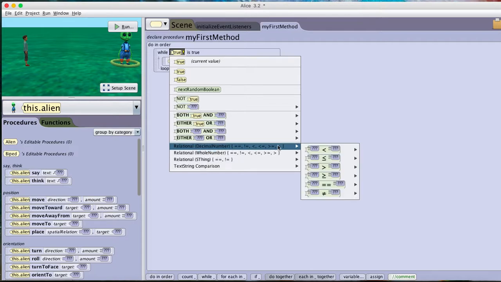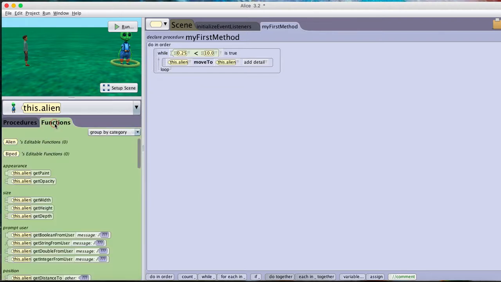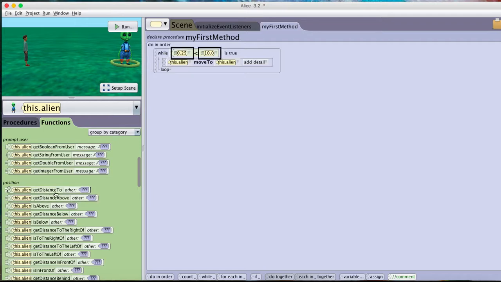So it'll be a relational decimal number, because distances here are pretty precise. They don't just work in whole numbers, they go up to decimal places. So a relational decimal number, and it'll be comparing two things. So basically, if the distance between them is less than 10, then I want him to keep walking to the alien. So the way I find the distance between them is I go to functions and get the already made